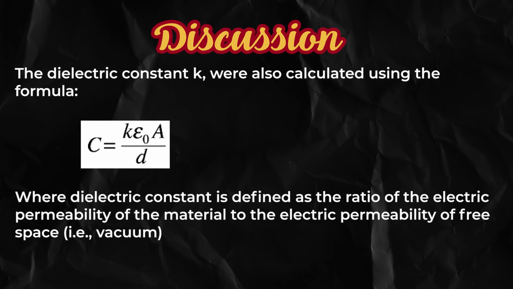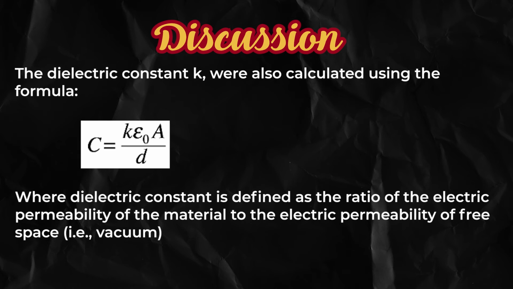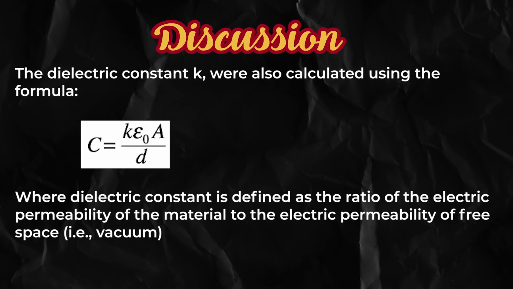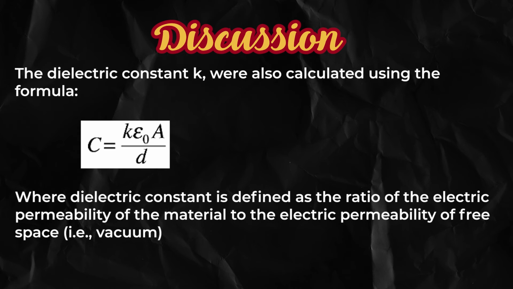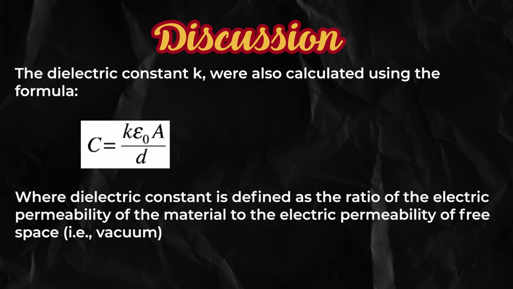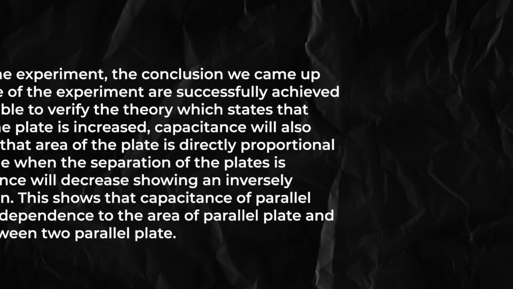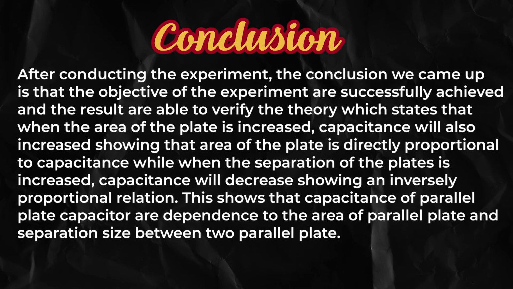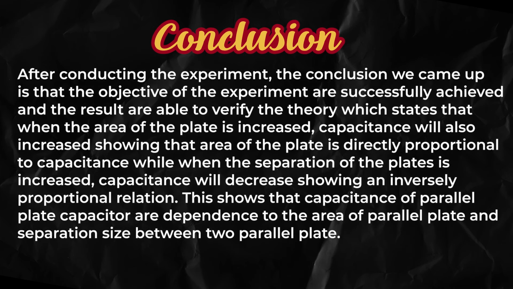The dielectric constant K was also calculated using the formula as shown in the video, where the dielectric constant is defined as the ratio of the electric permittivity of the material to the electric permittivity of free space, which is vacuum. After conducting the experiment, the conclusion we came up with is that the objective of the experiment was successfully achieved,